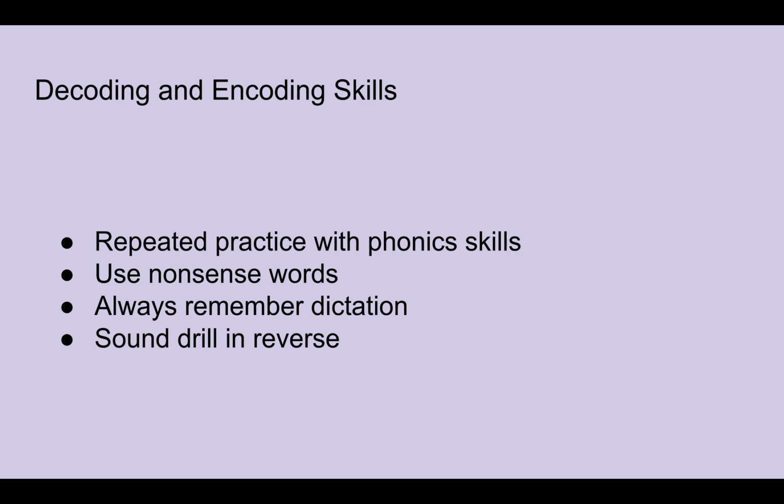And don't forget dictation. Dictating words to spell, in addition to having students read word lists, helps build automaticity with word recognition. Spelling is a much more difficult task than reading, but if a child can spell a word, you know they'll be able to read it automatically. So don't give up on spelling. Even when doing